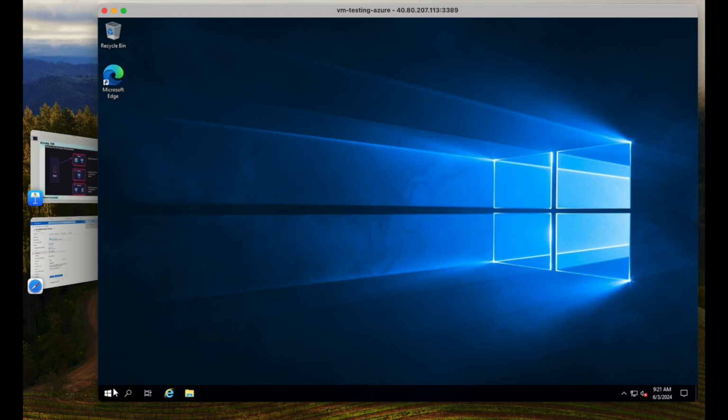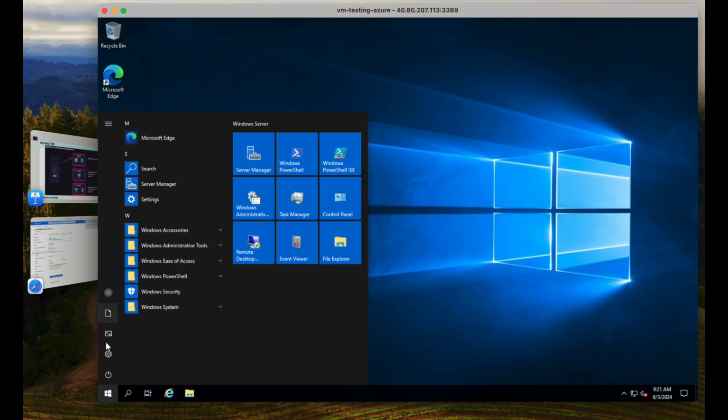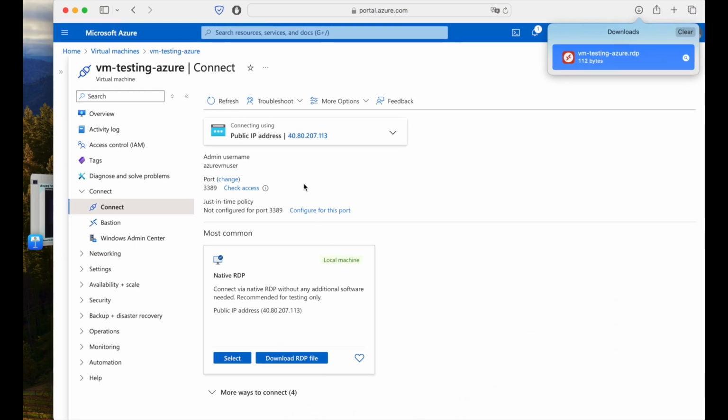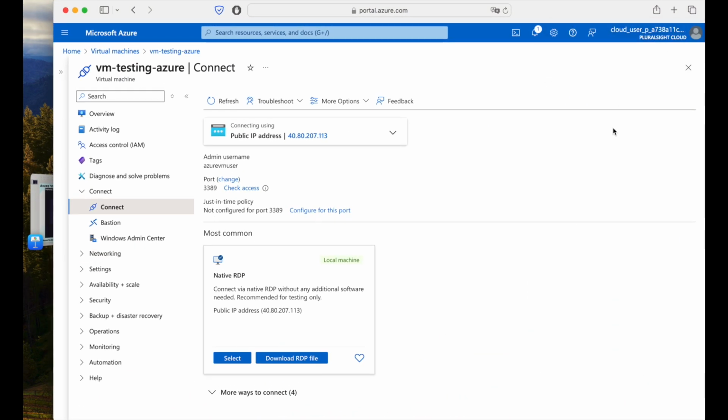Before deleting, you need to go to the start menu and maybe select this one and just shut down, or you can go to this particular user and sign out. This is more feasible to do. So I will sign out from that machine. Now my machine is closed, and to delete the machine, you can also come